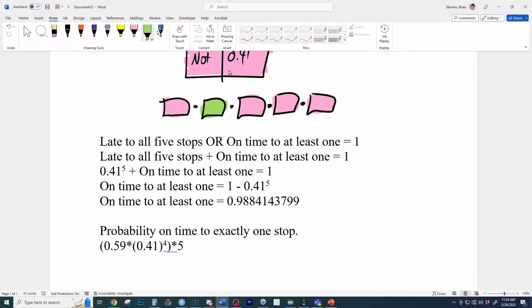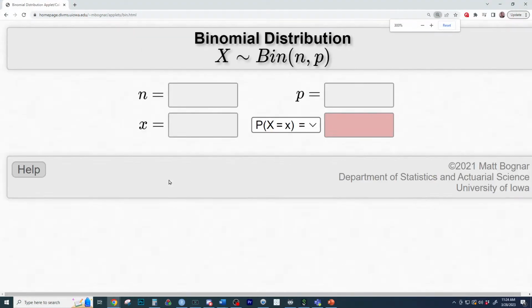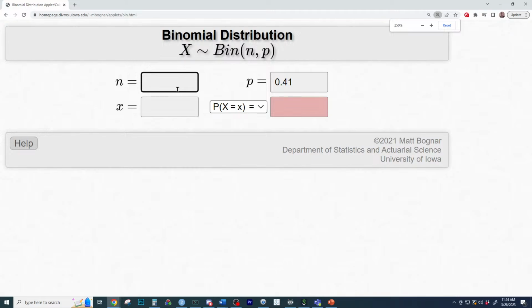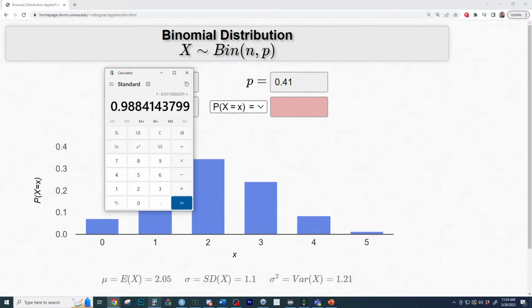I'm trying to think how many combinations it would be, but there's formulas you can use for it, and then there's calculators also. So I would preferably just use a calculator, like if I was solving these personally myself, I would go over here to the binomial applet, so the binomial applet can easily let you solve these. So we're looking at the probability of it being late or so, and then we can enter in 5 trials, and then you can see the probabilities associated. There's that probability we got right there. If we take 1 minus it, there it is right there,